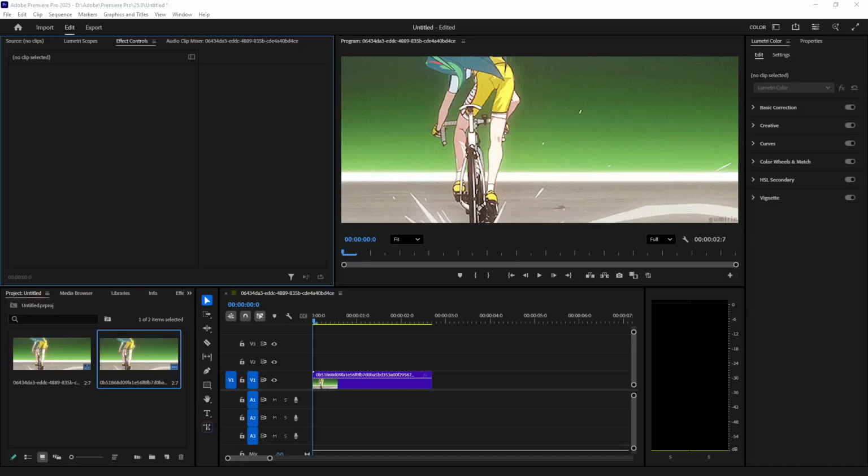In today's video, I'm going to teach you how to add a touch of cinematic flair to your footage using the directional blur effect in your video editing software. Let's dive in and explore how you can create a dynamic and visually appealing motion blur effect that enhances your